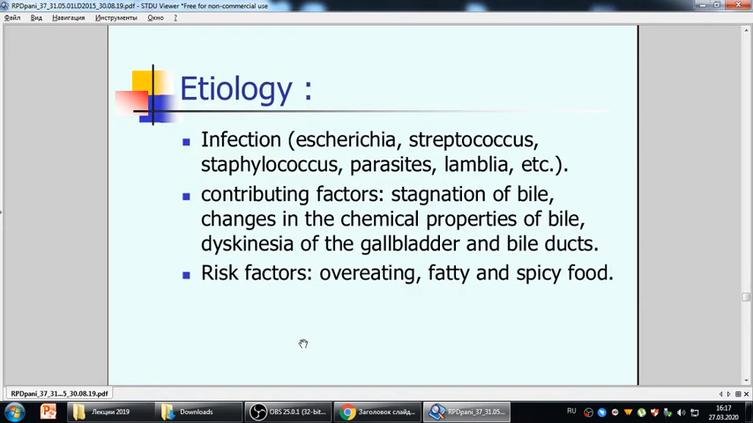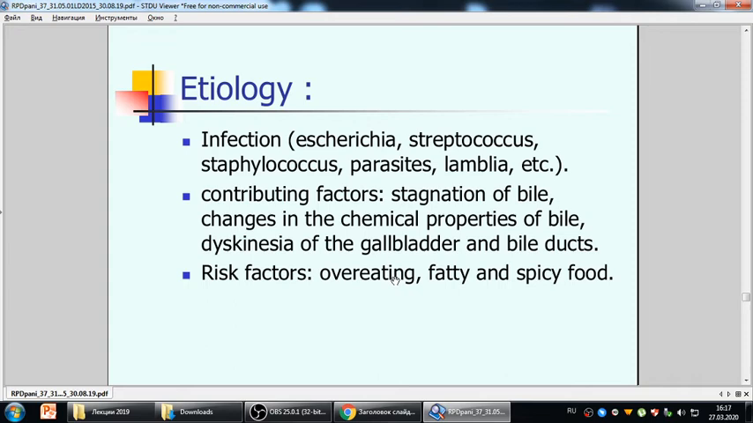Etiology of cholecystitis and cholangitis, of course, in the first place, this is infection, any kinds of infections, such as Escherichia, Streptococcus, Staphylococcus, and parasites, etc. And contributing factors: stagnation of bile, changes of the chemical properties of bile, dyskinesia of the gallbladder and bile ducts. And one of the risk factors, of course, is overeating, and not only overeating and fatty and spicy food,